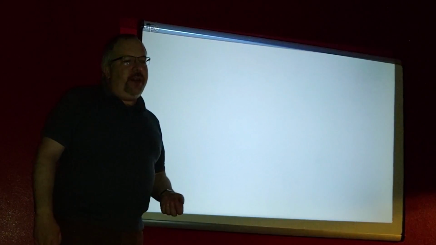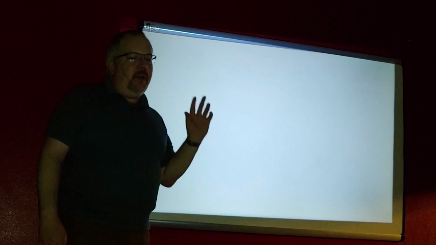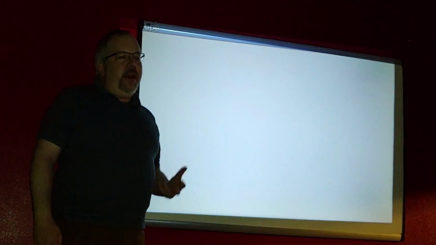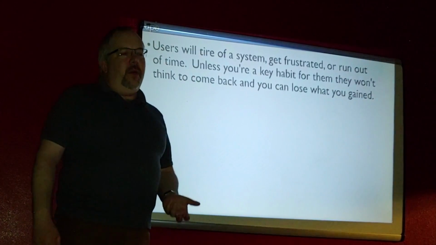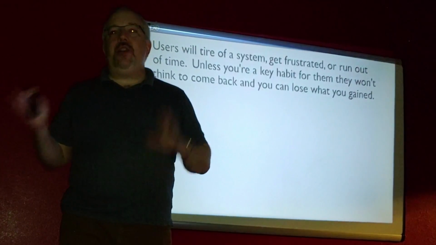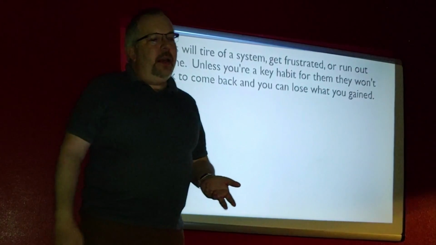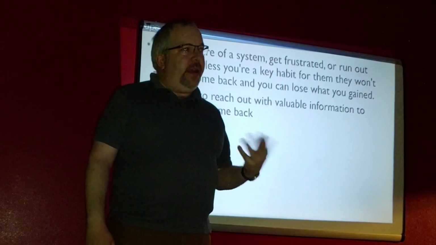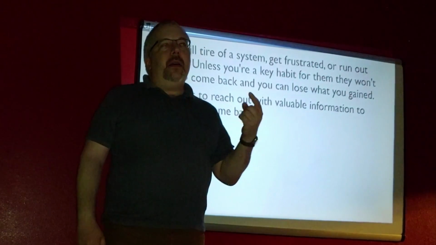There's a couple of things you can do there, and I don't want to go in this real deep. But basically, for whatever reason, particularly early on, users are going to close the browser and they're going to forget about you because you're not a part of their habit yet. You want to reach back out to them with valuable information on some sort of timely basis